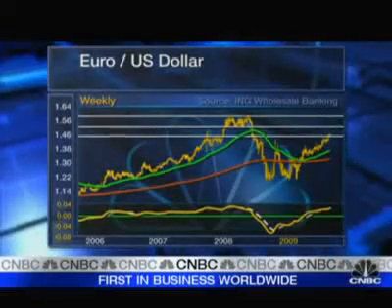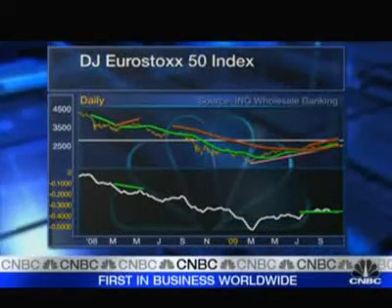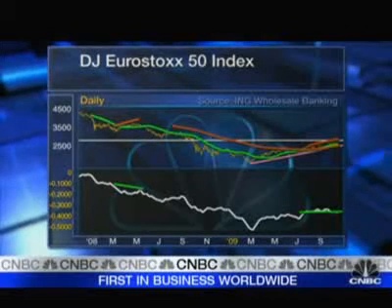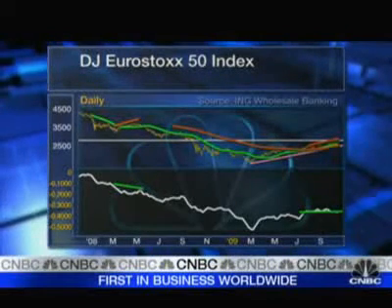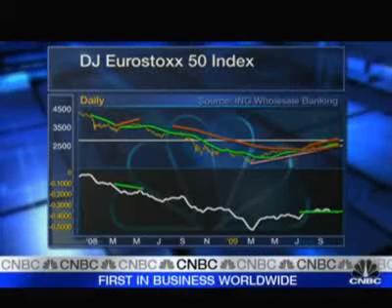Okay, moving away from currencies, I know you've also been looking at the Euro Stocks 50 index as well. Why don't you run us through what that shows you? Yes, this is a daily chart since the beginning of 2008 with a money flow chart below, and this is very interesting. In the price chart itself, we still see a rising trend, and we could easily see a test of horizontal resistance at the 3,000 mark, and possibly 3,130 might be tested in the